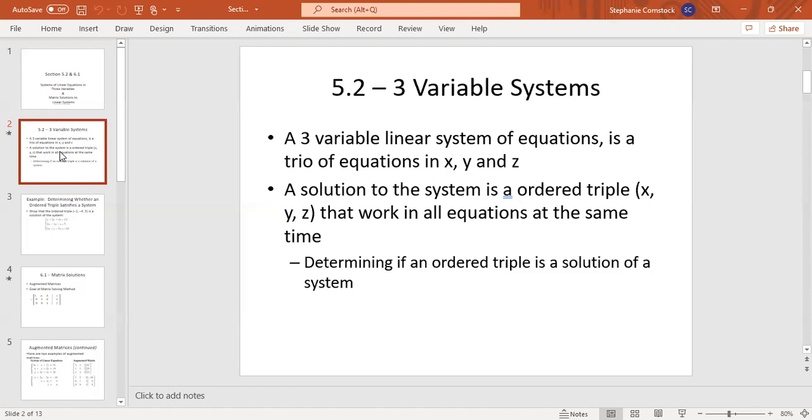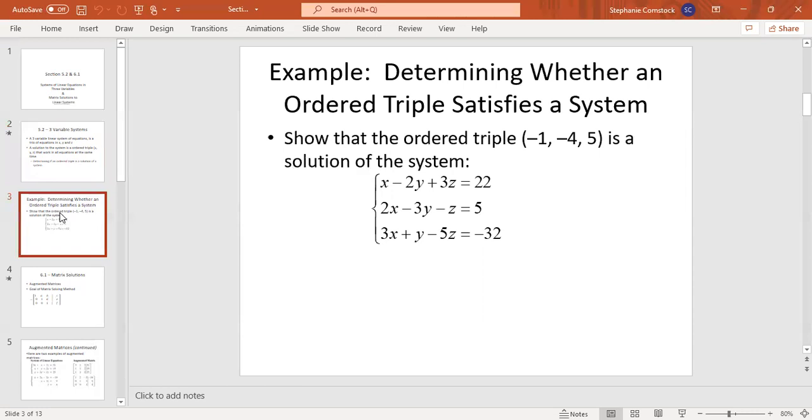Now, the difference here is beforehand we have what was called an ordered pair. Now we're going to have what's called an ordered triple. And it does still stay alphabetically, so it's x, comma, y, comma, z. The same concept is that all 3 of those values, when they're plugged into all of the equations, do result in true statements. So the first thing we're going to do is very similar to what we saw in a 2-variable system, and that is going to be that we're looking to see if a 3-variable system has a correct